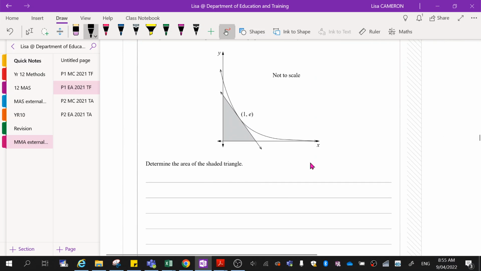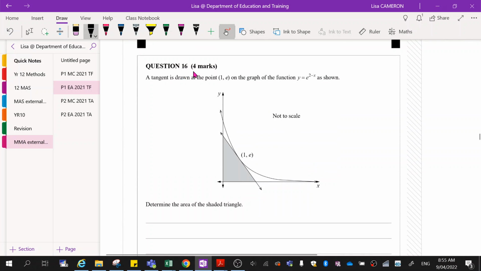Okay, question 16. A tangent is drawn at this point on the graph of this function shown. Determine the area of the shaded triangle. Love this question. Think this one is brilliant applications. Okay, so what we're going to do first